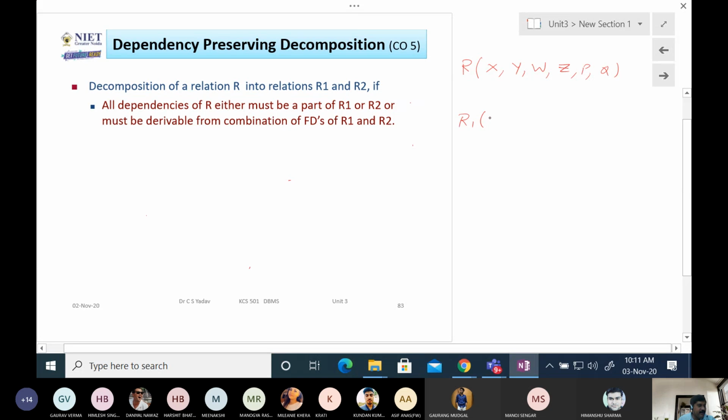In R1 we have Z, P, Q, and in R2 we have X, Y, W, P, Q. And the set of functional dependencies are